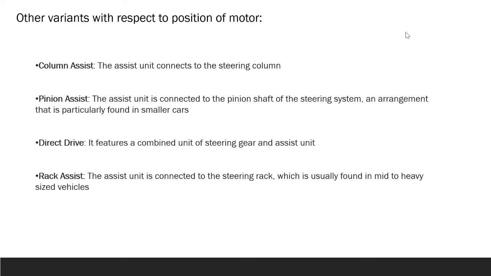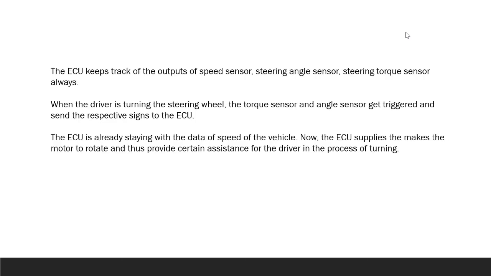Direct drive features a combined unit of steering gear and assist unit. Rack assist, where the assist unit is connected to the steering rack, is usually found in mid to heavy sized vehicles. So that's it. The ECU keeps track of the outputs of the speed sensor, steering angle sensor, and steering torque sensor